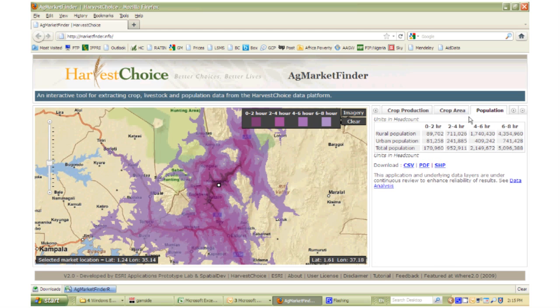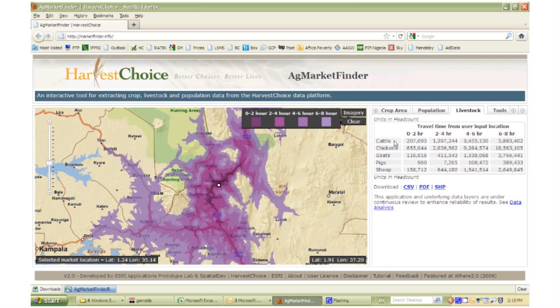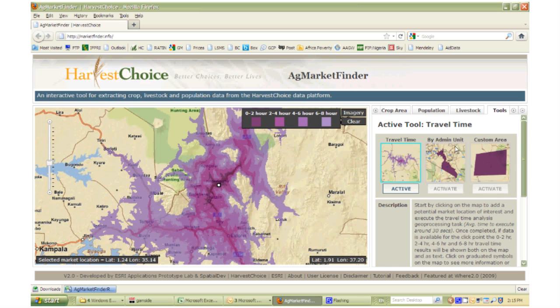Also a summary of the population, urban, rural and total population within those different travel bands, and finally livestock, the number, rough estimates of the cattle, chicken, goats, sheep and pigs within the same boundaries. We click here to tools, we can go back to the other application, and let's select another way to interact